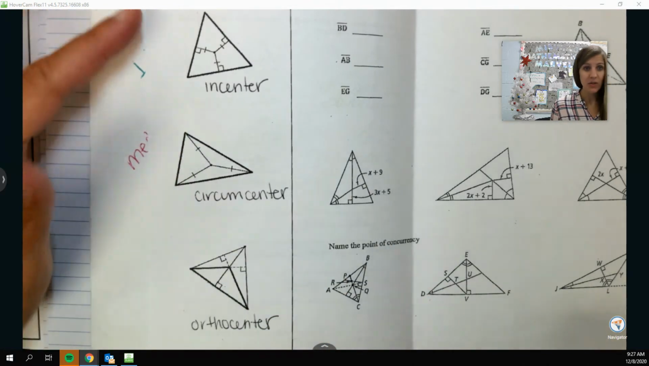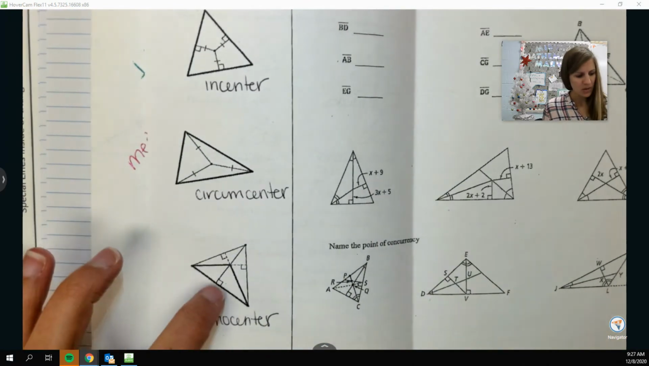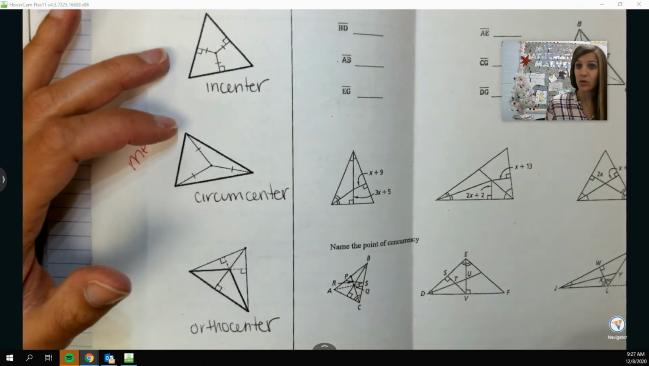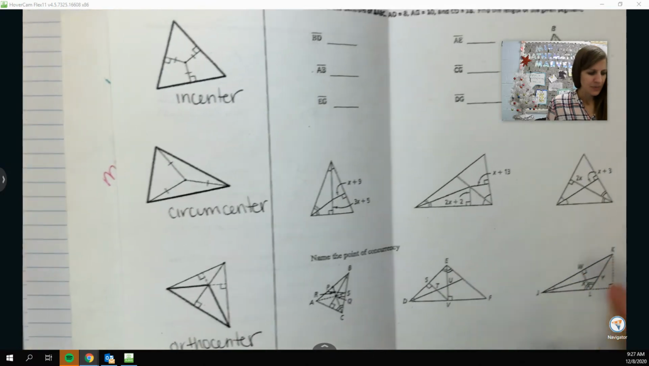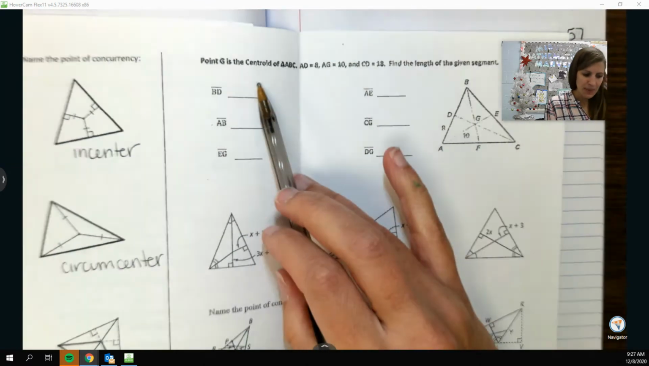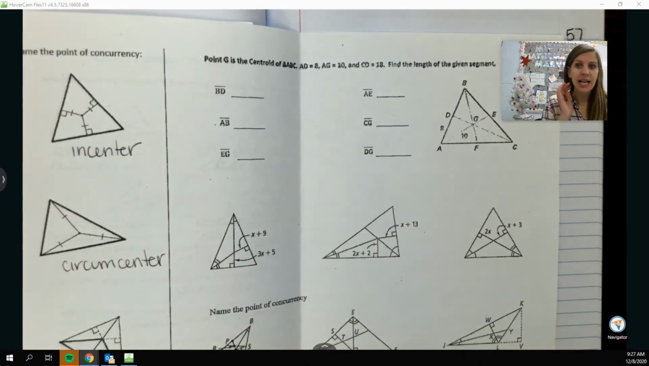So those are kind of unique ones because it doesn't show, well, this one shows the altitudes, but these two don't show the special line segment that you've drawn, which you don't really need to. Now, we need to talk about the centroid because the centroid has this sort of unique math fact about it. Not only is it the center of gravity, but also it has this 2-to-1 ratio going on with its sides,